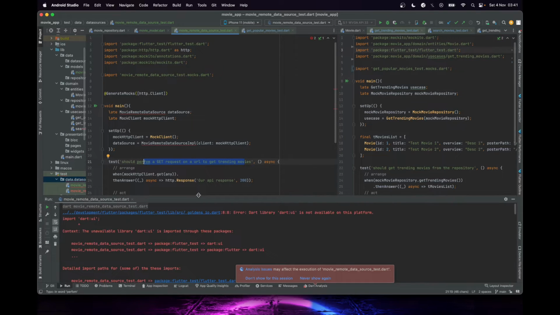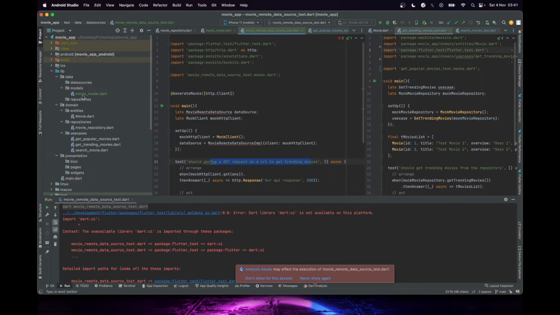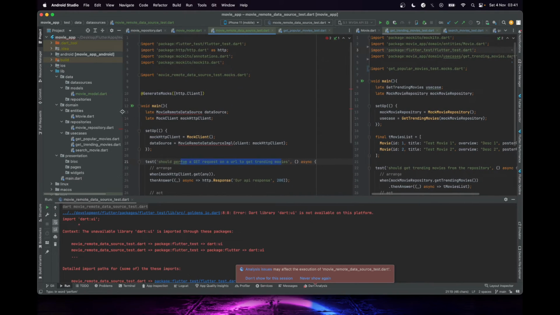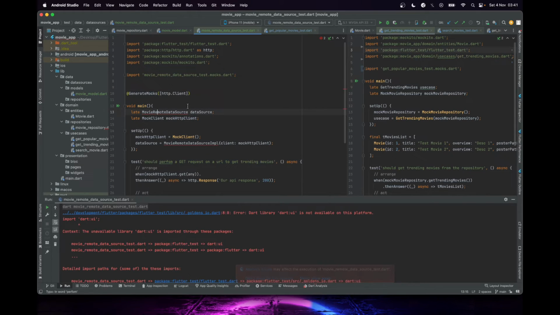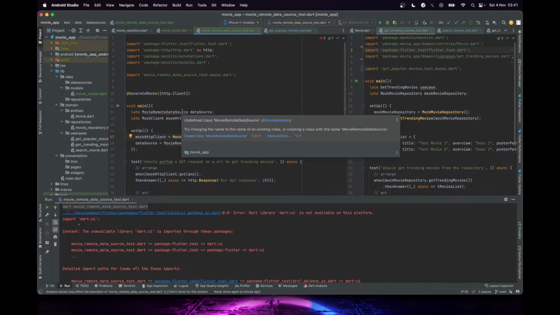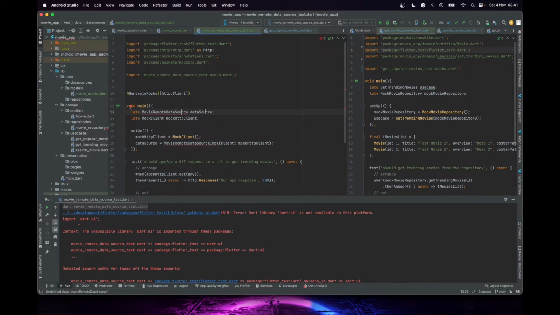So our code is not going to pass, but now let's just make a disclaimer or little explanation. Why am I using remote data sources and remote data sources implementation? The difference between them is, in this case, we want to make sure that our data sources are going just